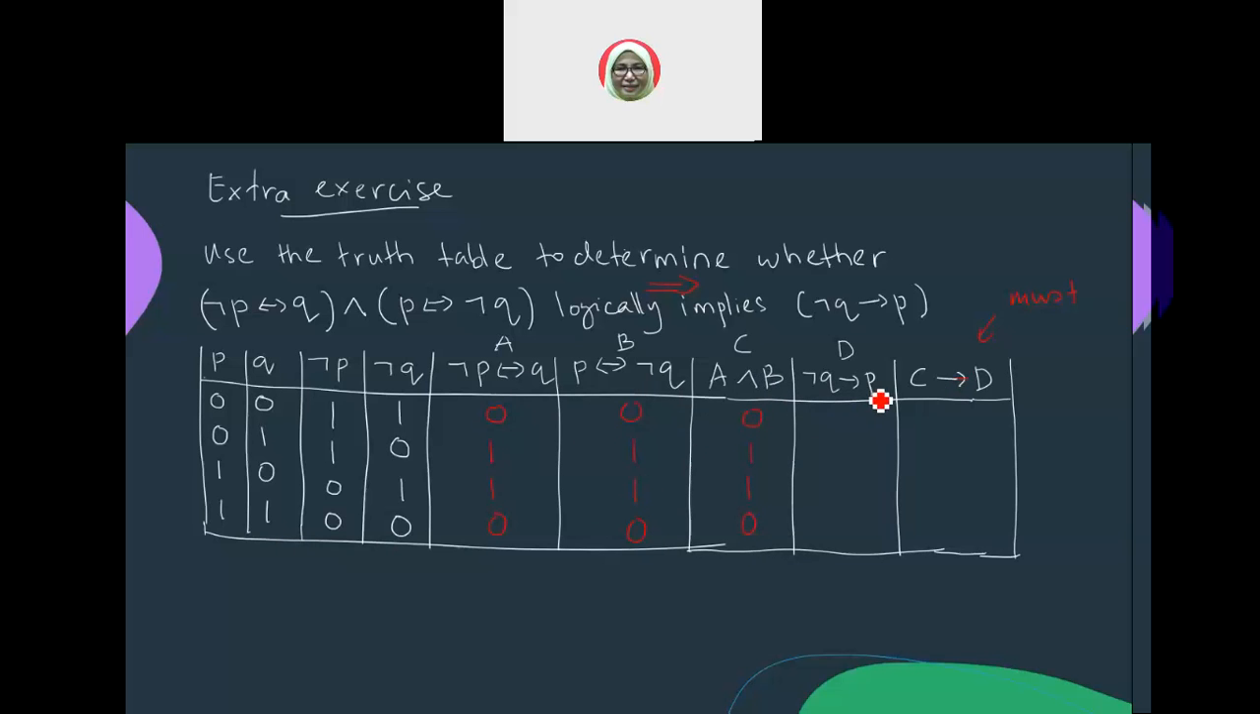Not Q implies P. So 1 implies 0 is 0, 0 implies 0 is 1, 1 implies 1 is 1, 0 implies 1 is 1. Right. So now take this column and this column, implies: 0 implies 0 is 1, 1 implies 1 is 1, 1 implies 1 is 1, 0 implies 1 is 1. Can you see this? The last column is tautology, right? So you write the conclusion, since the last column